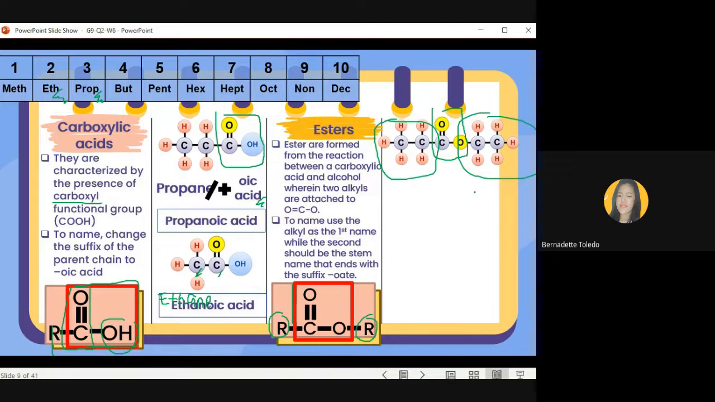Yan. So, sabi, to name the esters, identify first the alkyls. So, para malaman kung ano ang magiging alkyl or branch chain dito sa carbon chains na to, identify yung shorter, yung pinaka maiksi na carbon chain. So, we have two options. Pwedeng ito, yung carbon chain na to, or pwedeng ito. Now, dahil meron siyang two carbon chain,